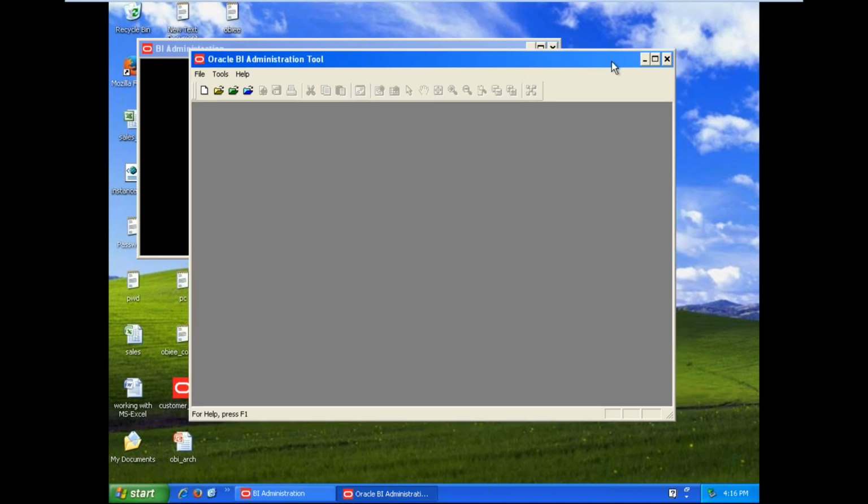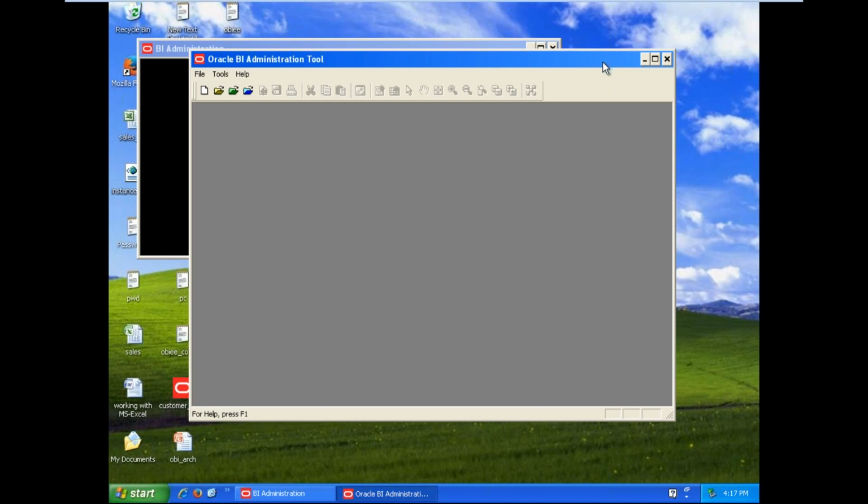By default, the Oracle BI Administration Tool is launched in offline mode. We don't want to start the BI servers. If you're new to this environment and want to build a new project in our technology, we don't want to start the BI services. You can leave them offline, and start your work in offline mode using the Oracle BI Administration Tool.